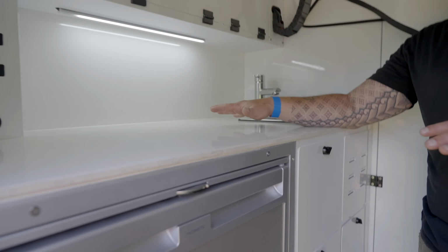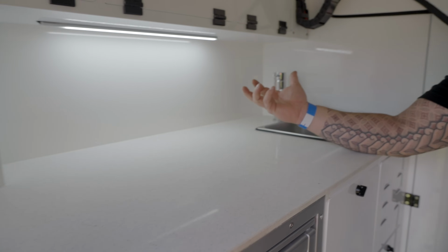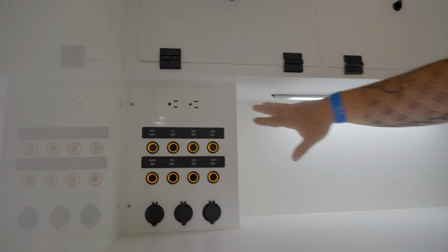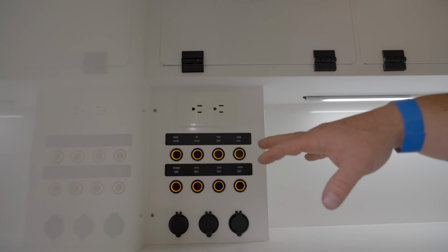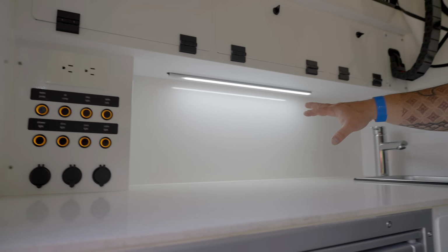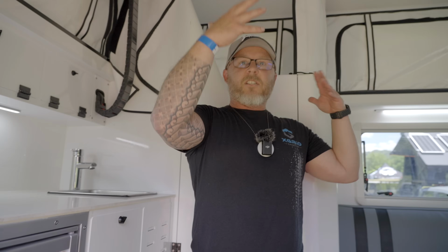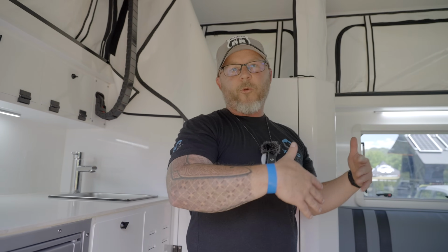This is designed for your induction cook surfaces. You do have the inverter, built in with 110 power all throughout the trailer, 12-volt power throughout the trailer. Lots of lighting, lots of features, lots of airflow, windows all the way around. It's a beautiful